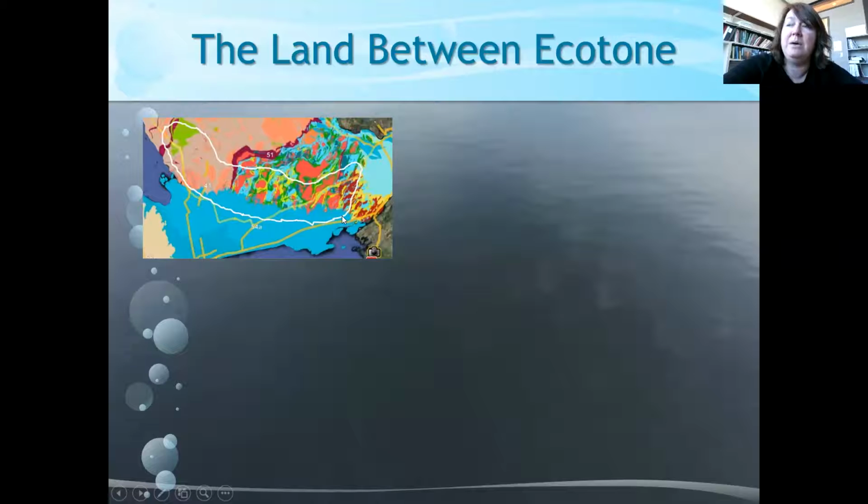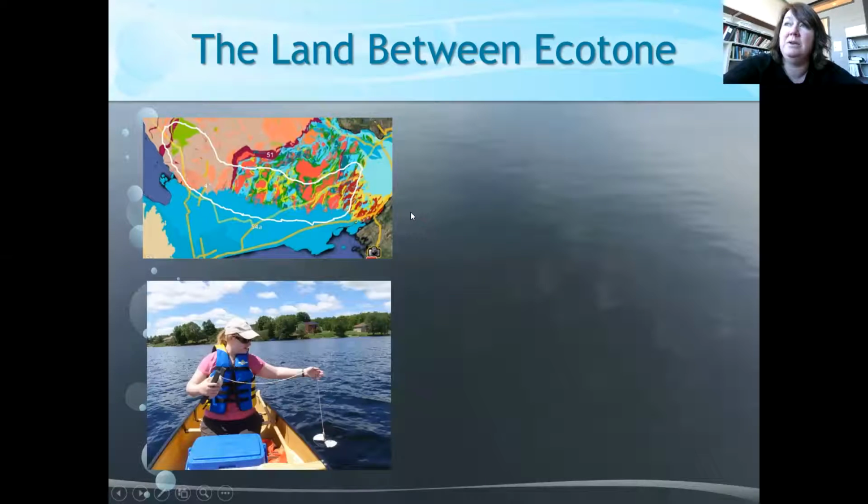Okay, so I went into that in detail because it's important for understanding lake ecosystem health, because that's what we're starting at with respect to the natural conditions. What is controlling the natural lake conditions? A lot of it has to do with the landscape, the rocks and the trees and so forth.